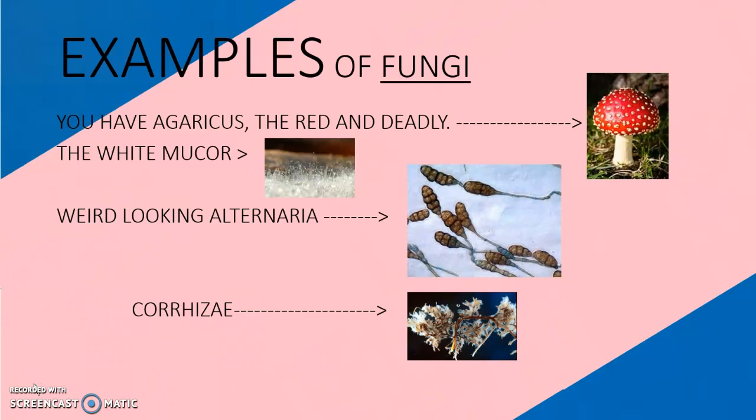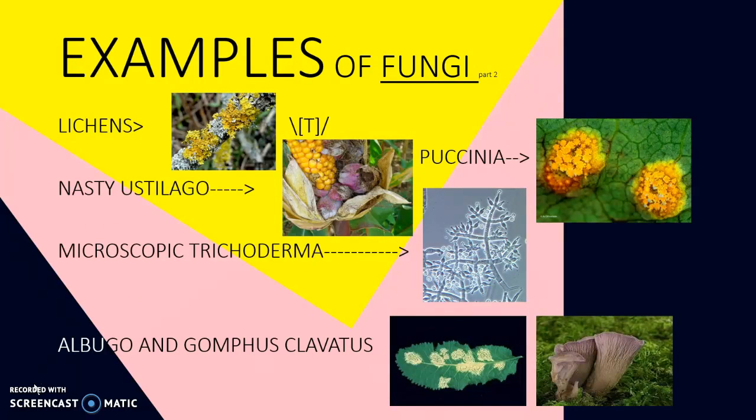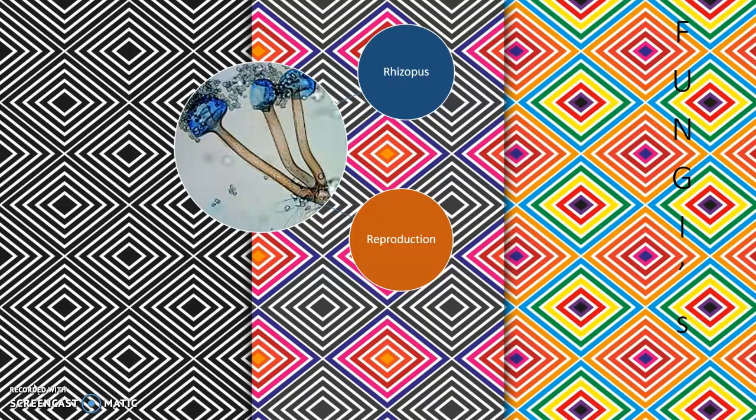Examples of fungi: you have Agaricus, the red and deadly mushroom, the white Mucor, and the weird-looking Alternaria, Coriaceae, lichens, Puccinia, nasty Ustilago, microscopic Trichoderma, Albugo, and Gomphus clavatus. And then